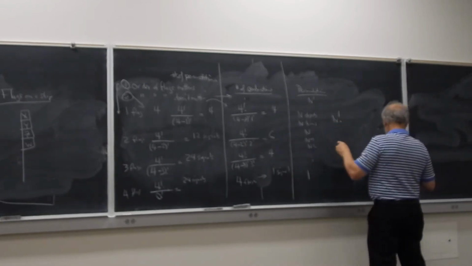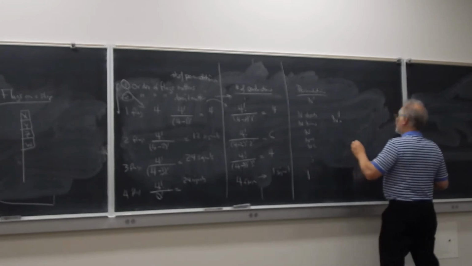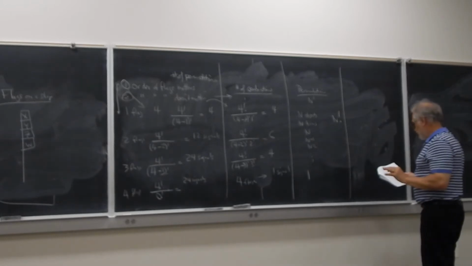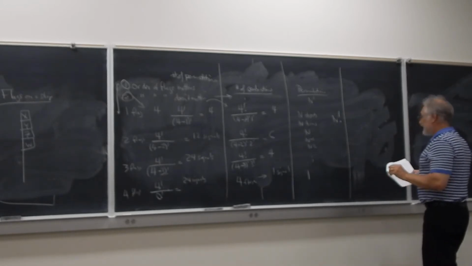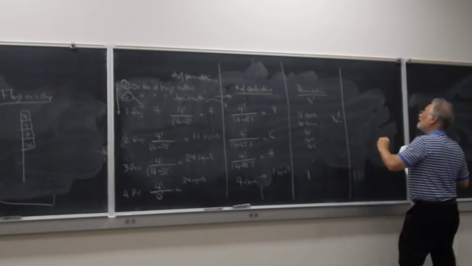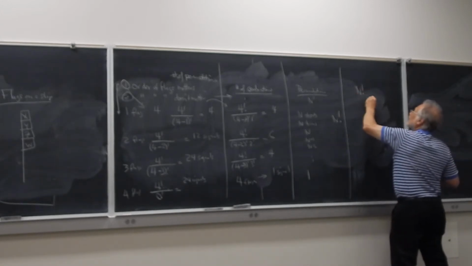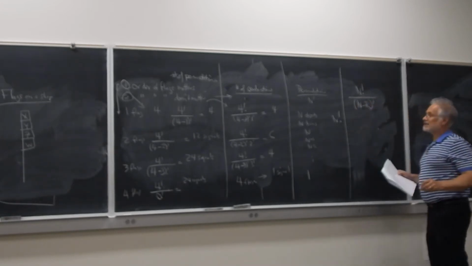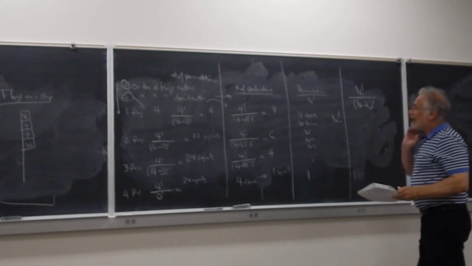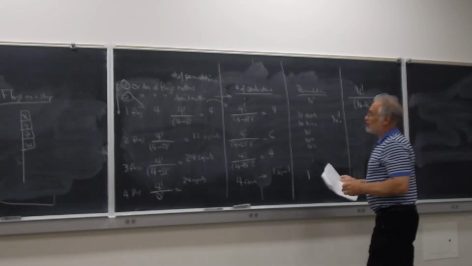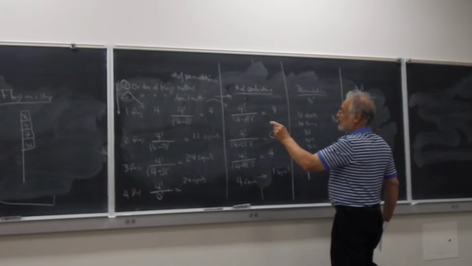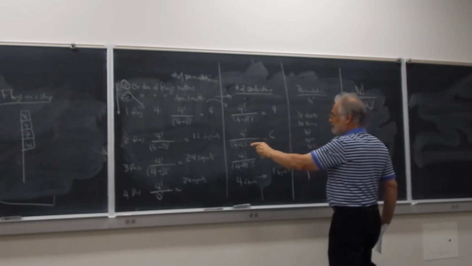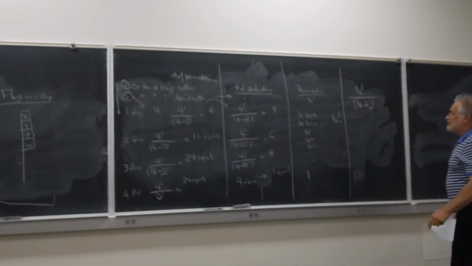So this is the number of permutations. Now, if I want to look at the number of different permutations of n objects taken r at a time, that's going to be equal to n factorial divided by n minus r factorial. So in the case of the flags where the order mattered, if I looked at 4 permutations taken 2 at a time, 2 flags, 4 permutations taken 3 at a time, 3 flags, you see that the number of possibilities